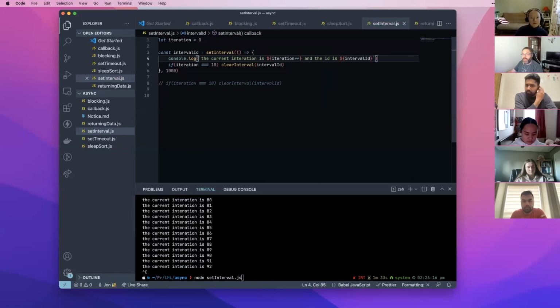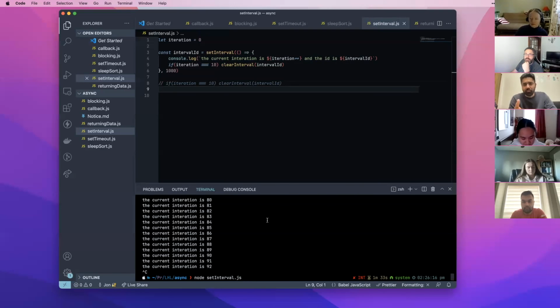Can we put a condition inside the callback, like if it's equal to 10, then break? Can we do break? So we could do that. We could do that, but